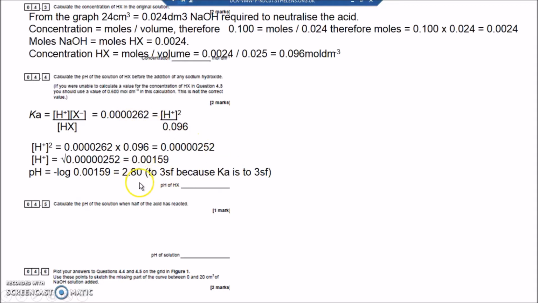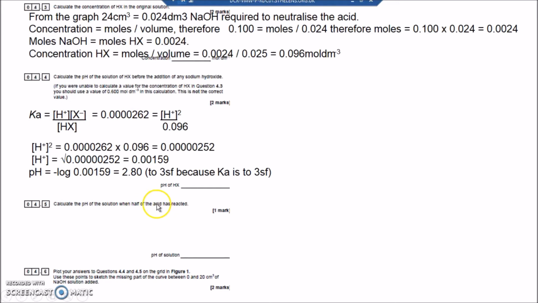2.80. So I've added a 0 here so that it's to three significant figures. You can't use H plus squared if you're using a buffer, but there's no mention of buffer, so I'm fine. Calculate the pH of the solution when half of the acid has reacted. So when you've added half of the amount of acid that you need to react, half of the acid, then